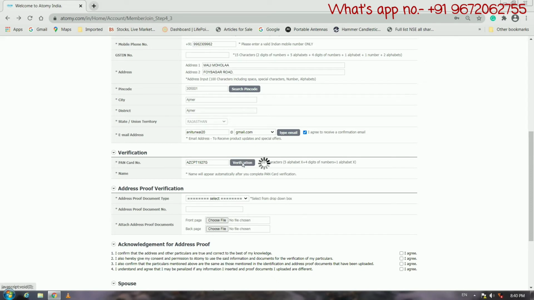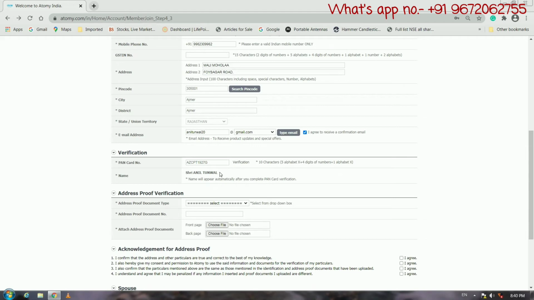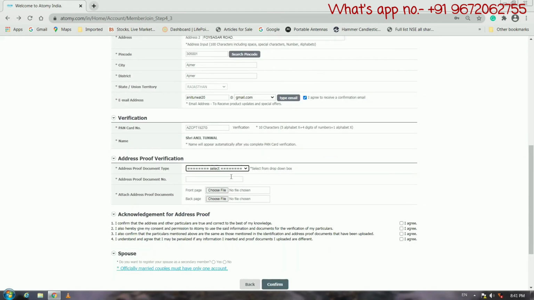And click on the verification. And after that your name will appear automatically, and now you have to scroll down and provide your address proof verification.